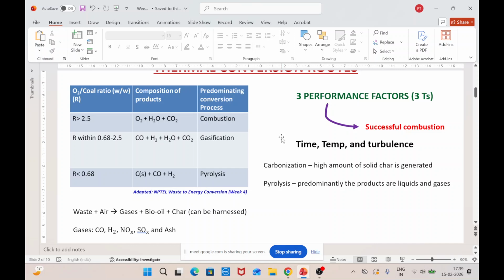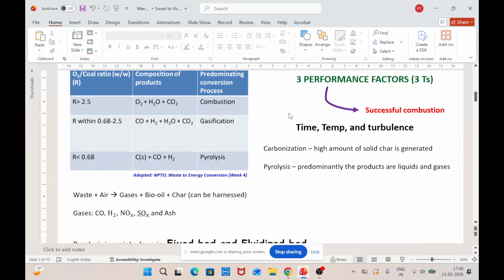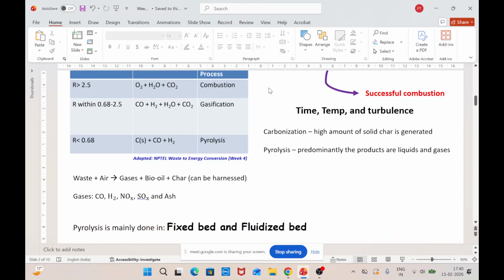As we discussed for both combustion and gasification, we also need to talk about the reactors that will be used for the pyrolysis process. The type of reactors that we use for pyrolysis are also very common, like in the case of combustion and gasification. So you have fixed bed, fluidized bed, and circulating fluidized bed. Apart from that, can anyone list a few of them? Ablative reactors. Other than that,